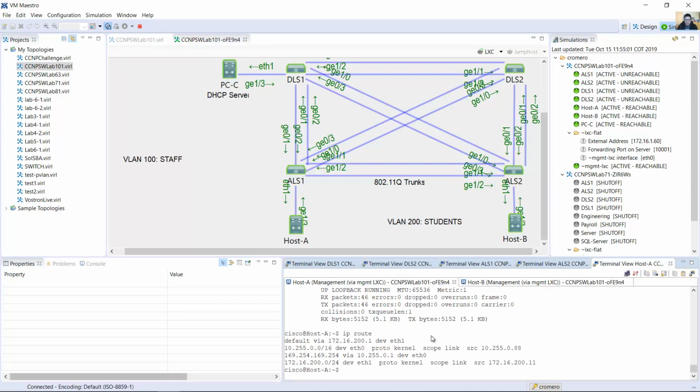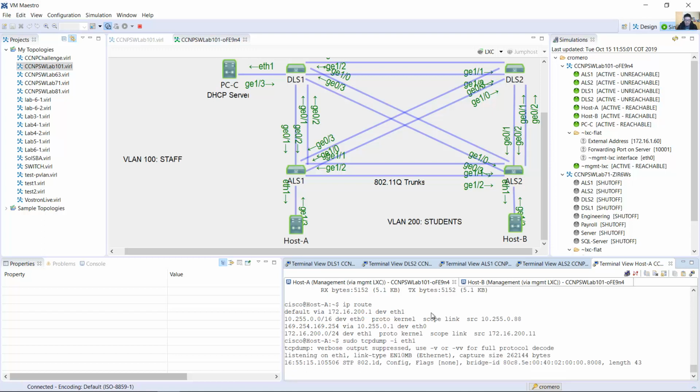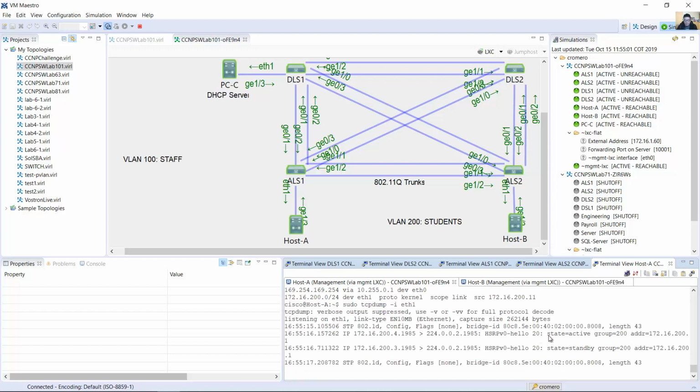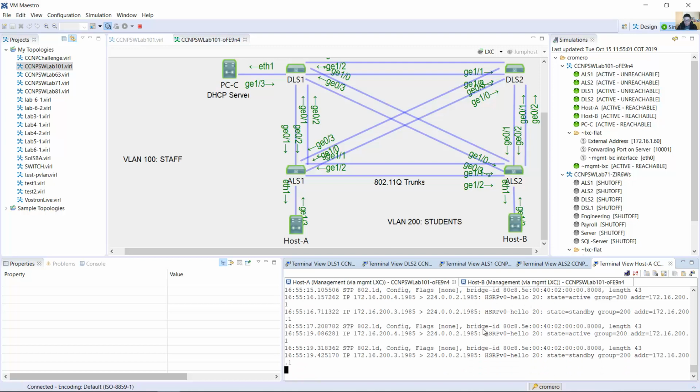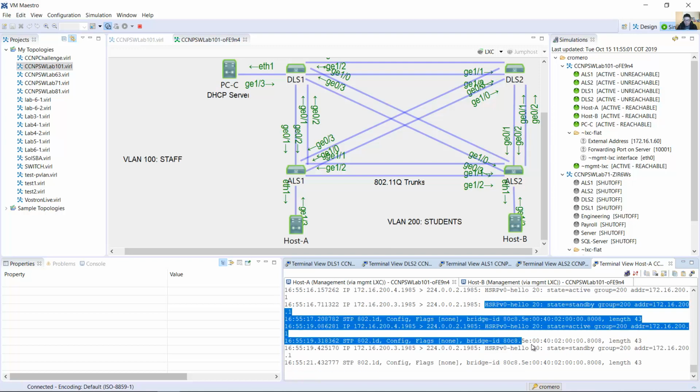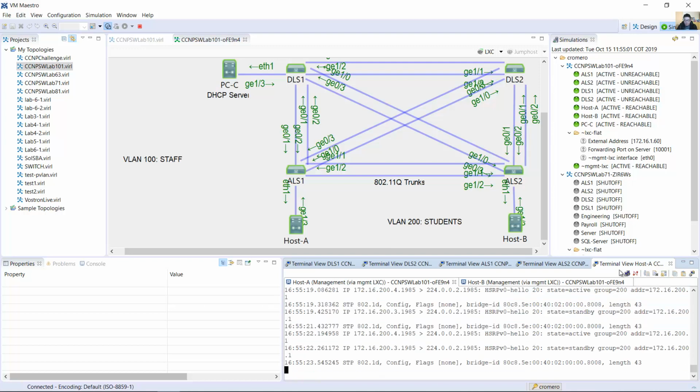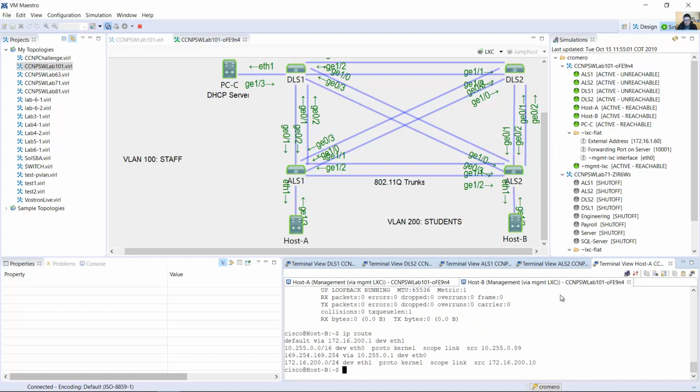I will use tcpdump. Okay, sudo tcpdump, interface Ethernet 1. Enter. Okay, these are HSRP detected. But on host B, go to host B